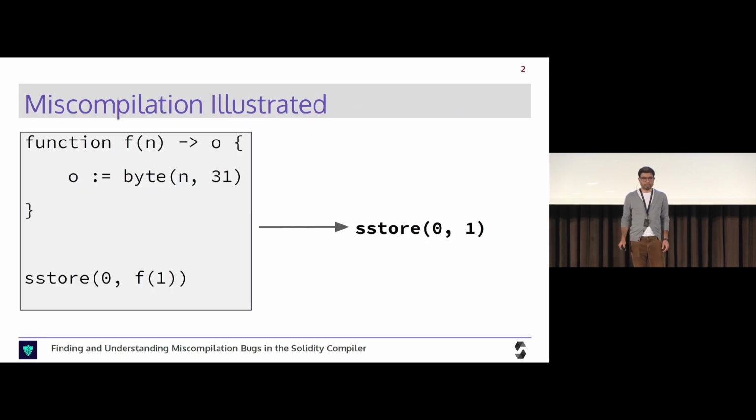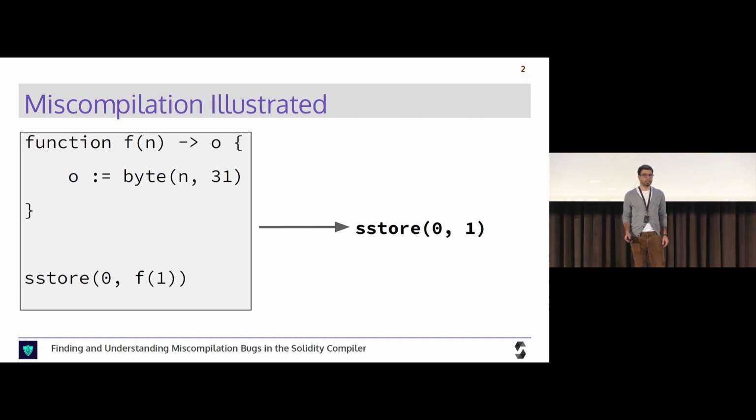So let's get started. Let's dive right into a piece of YUL that I show in this slide deck. YUL is essentially an intermediate language representation that's used in the Solidity compiler. We have a simple function that accepts a single input parameter and outputs a single value. And the output is supposed to be the nth most significant byte of the constant value 31. And in the global scope, we invoke this function on the input value 1 and store this output value into